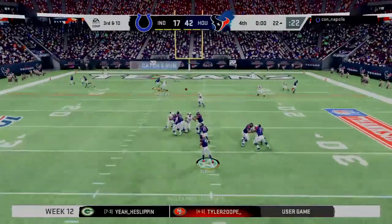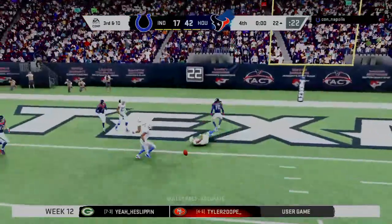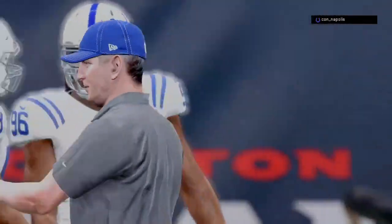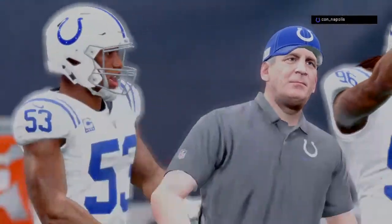Again, it's Watson. And that will be incomplete. But, Charles, it's one thing to win. It's another thing to win and put up the